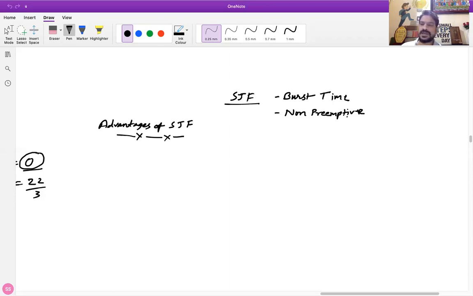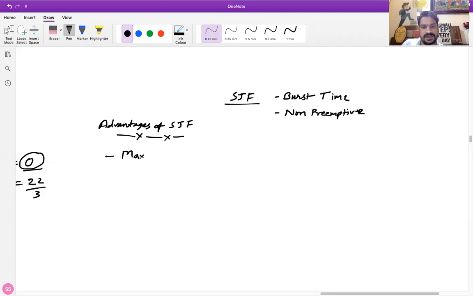Now, if we have two processes with the same burst time, how will we make the decision? We will make the decision based on arrival time. So arrival time is the tiebreaker for deciding which particular process will be allocated the CPU in the shortest job first algorithm. Now, the first advantage that we have seen in shortest job first algorithm is